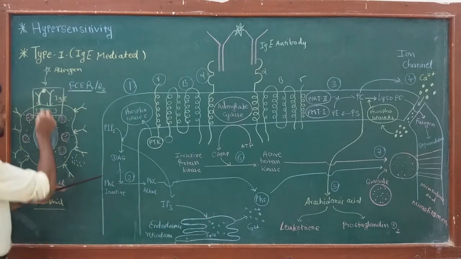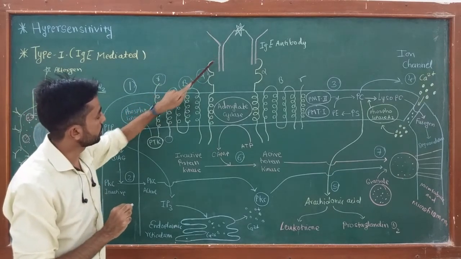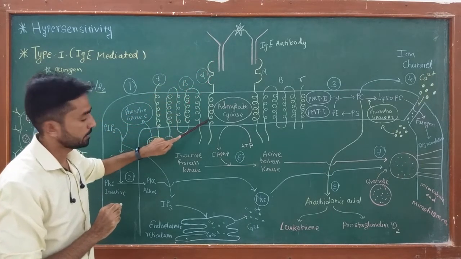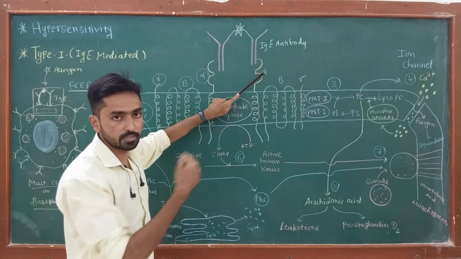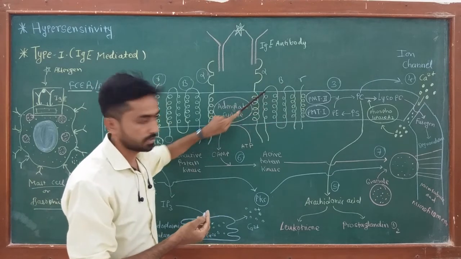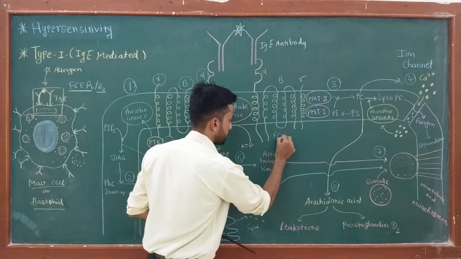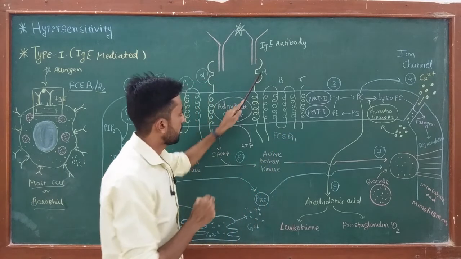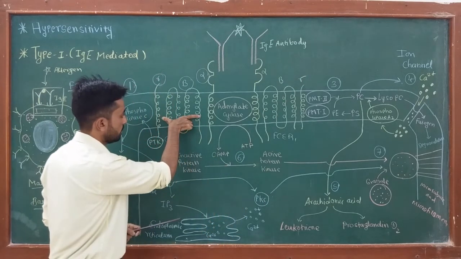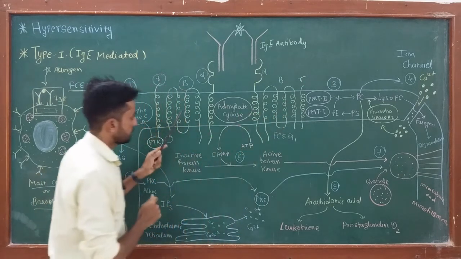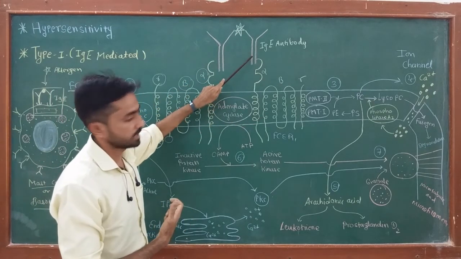Okay, so the first antibody is going to bind to this receptor here. You can see an IgE antibody connected with the alpha chain of the Fc epsilon R1 receptor, and a second IgE antibody connected to the second alpha chain of the same type of receptor. This receptor is composed of the Fc epsilon R1 type, having alpha, beta and gamma chains. So this is receptor number 1 and receptor number 2. Receptor number 1 is connected with one IgE antibody, while receptor number 2 has the second IgE antibody.